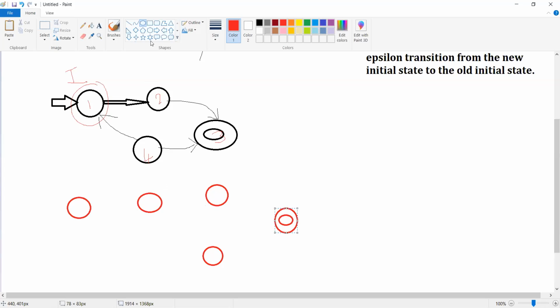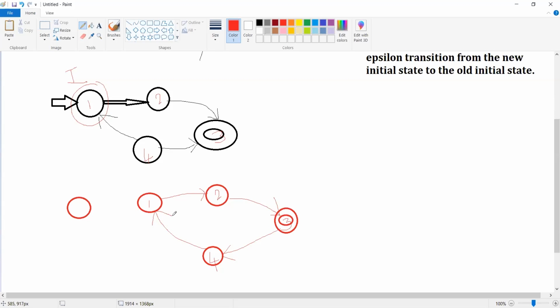Okay, and this is state 1. All the states are going to remain as they are: 2, 4, and 3. The transitions also remain as they are: from 1 to 2, 2 to 3, 3 to 4, and 4 to 1.